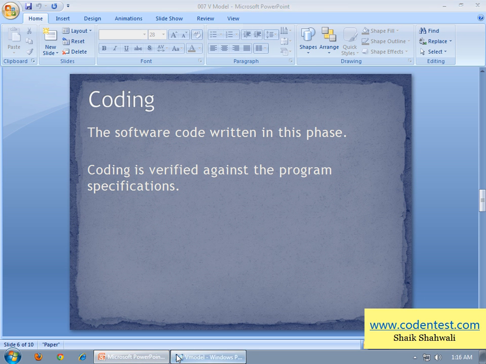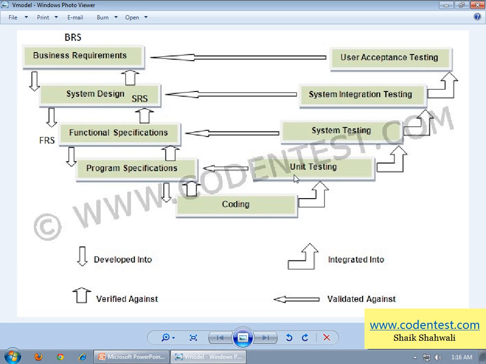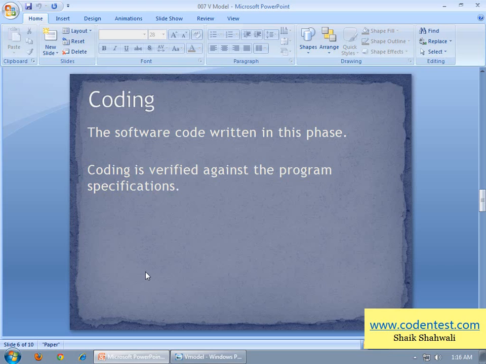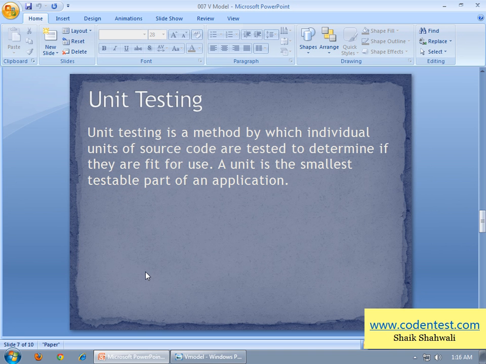After coding we have unit testing. In this phase, the smallest testable part of an application or software is tested. It is a method by which individual units of software code are tested.